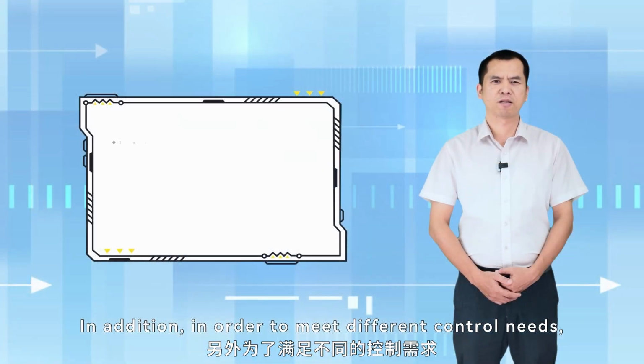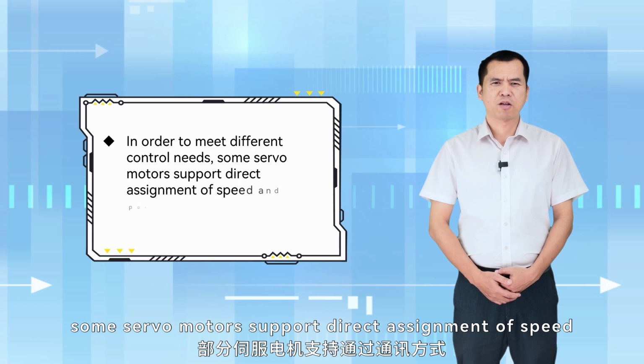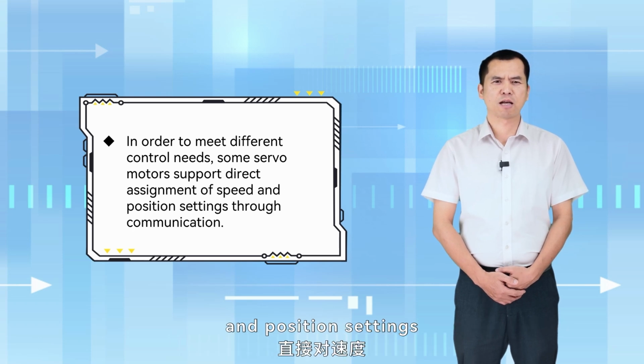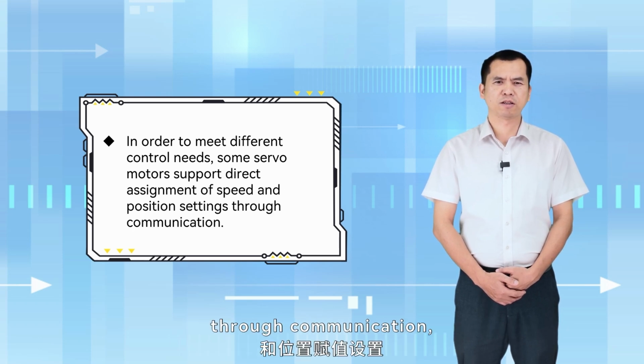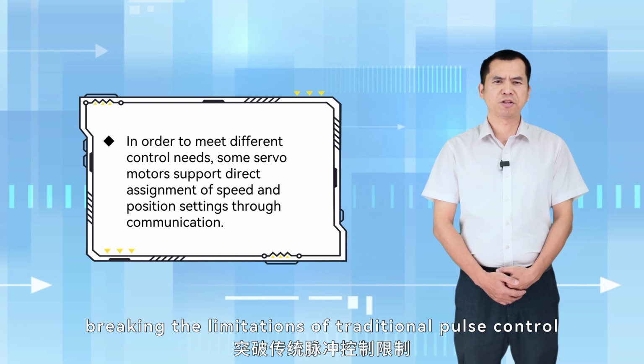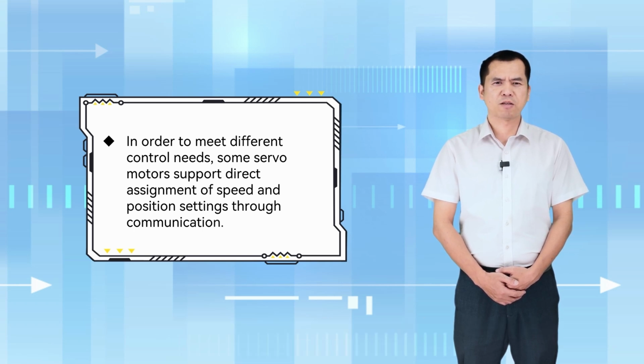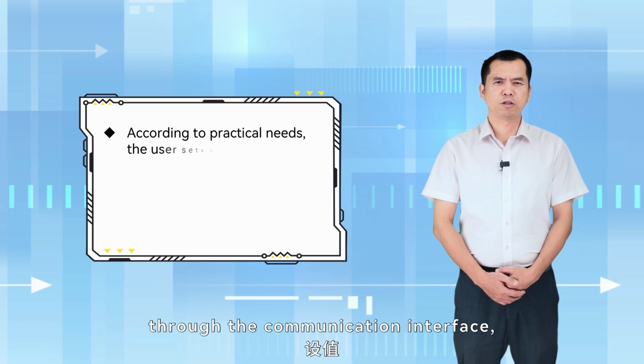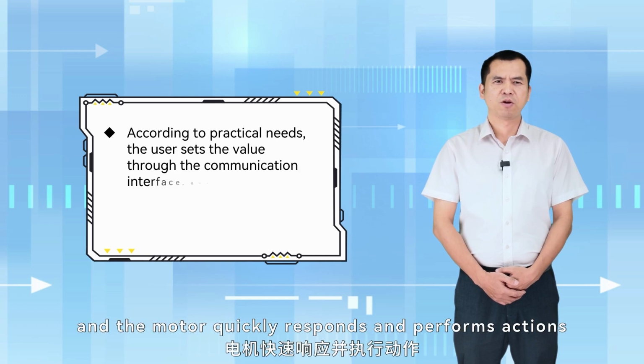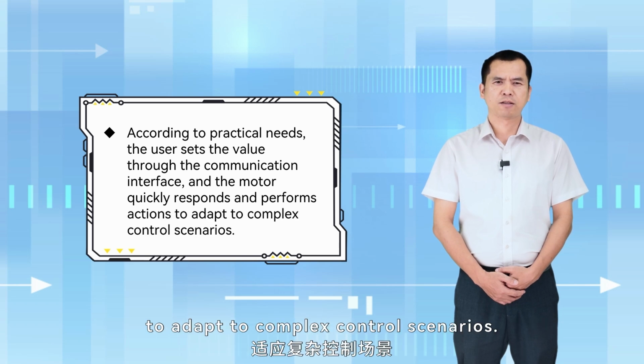In addition, in order to meet different control needs, some servo motors support direct assignment of speed and position settings through communication, breaking the limitations of traditional pulse control and making them more flexible and convenient. The user sets the value through the communication interface, and the motor quickly responds and performs actions to adapt to